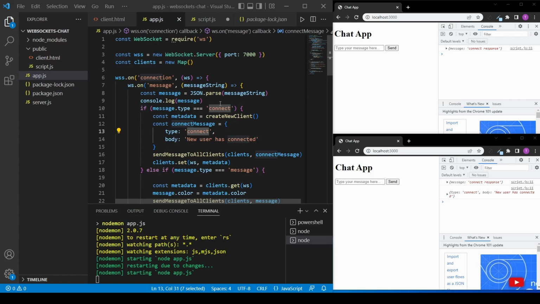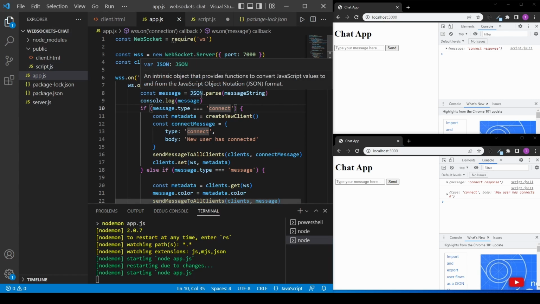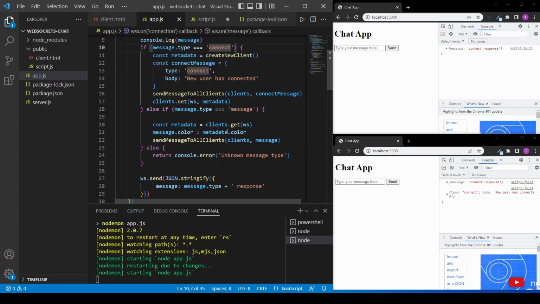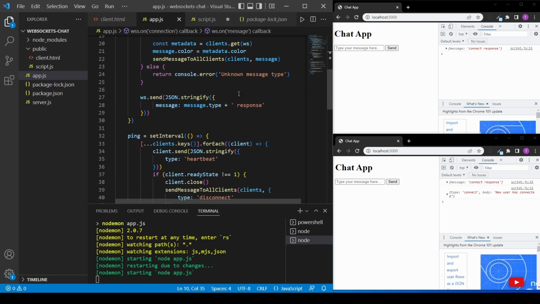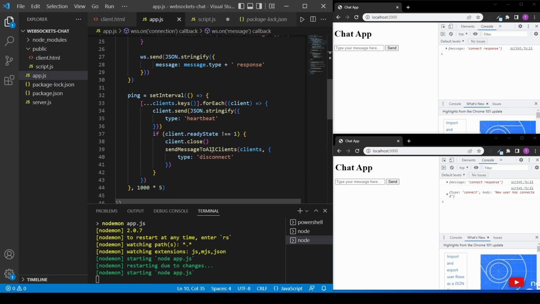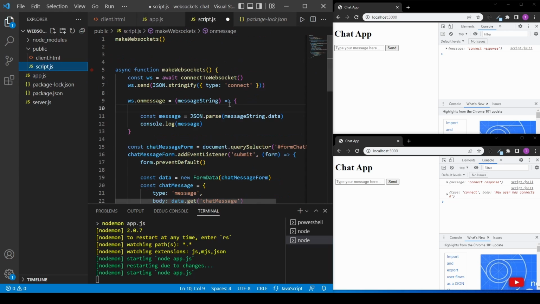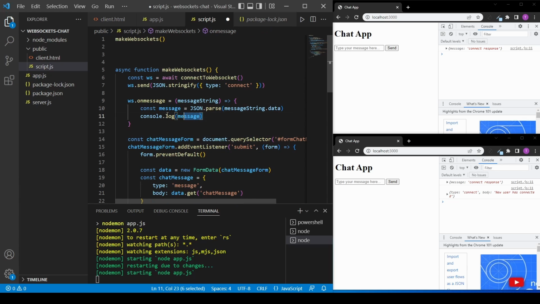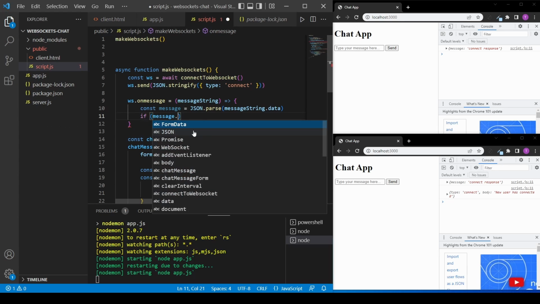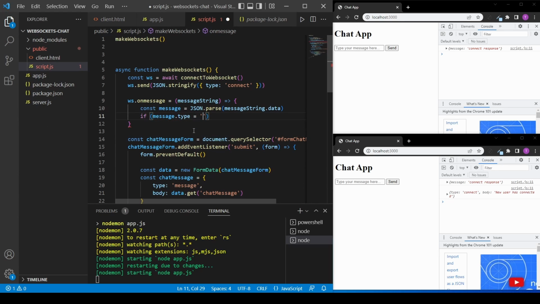So what we want to do is, on our front end, differentiate between the different types of messages that we have. We currently have a connect message type, a message type, this heartbeat, and also disconnect. Okay, so we go to our front end part, and when we get a message, we are basically here. After we parse the message, because now we can access the data of the message, we have to check what type we are currently processing. So if we have message.type message,